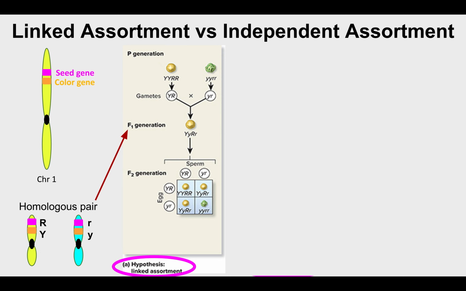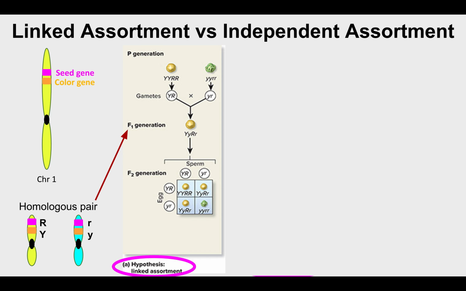So this F1 generation is only going to be able to pass down those alleles that are linked together as a unit. Because big Y and big R are linked, this F1 generation, even though it has the recessive alleles, can only pass them down as linked big R, big Y. That's the only combination that can be passed down because they are linked. Same with the little letters, little y, little r. The only way this F1 generation can pass it down is as a little y, little r,